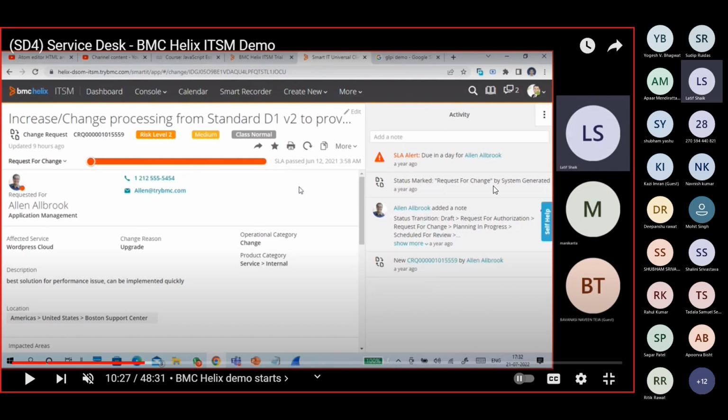You can see a request for change by system-generated status maintenance. What are the added notes like this? This is an activity note.